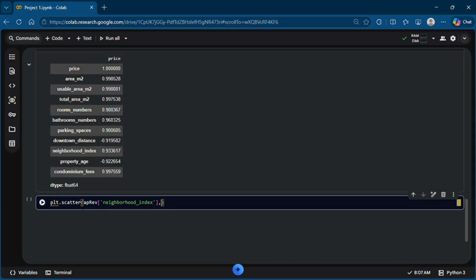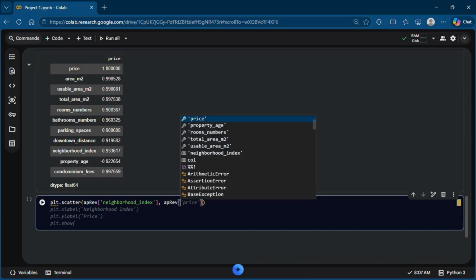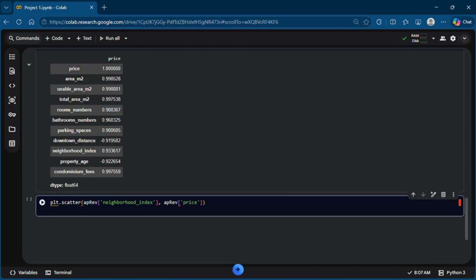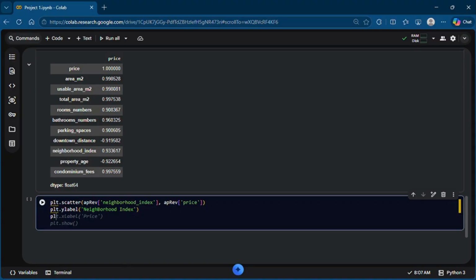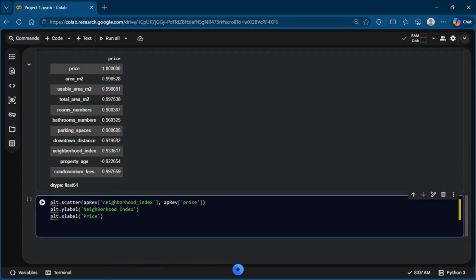So let's see the neighborhood index related to the price. Okay, so let's define the y label. The y label must be the neighborhood index, the plt.xlabel, price, and